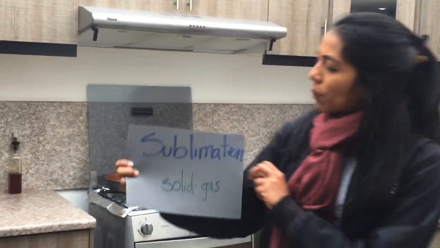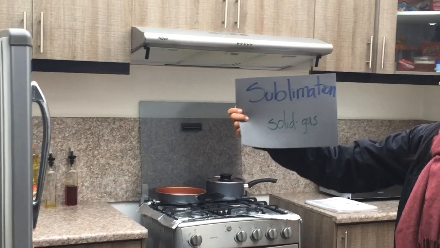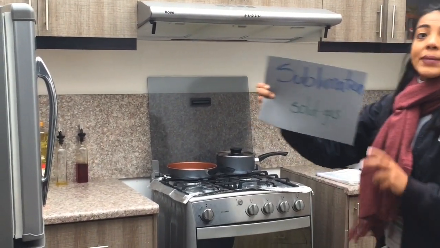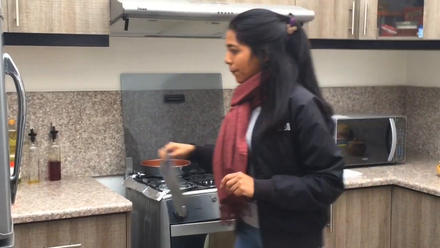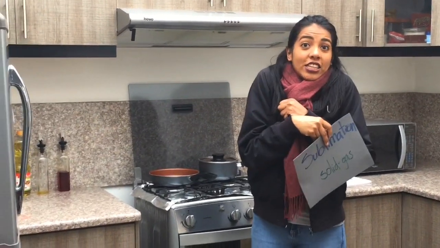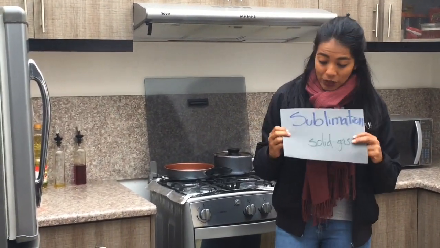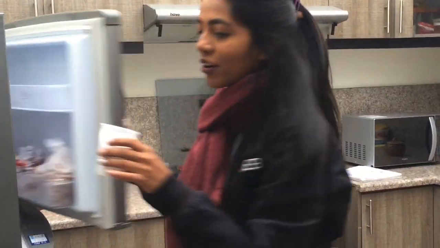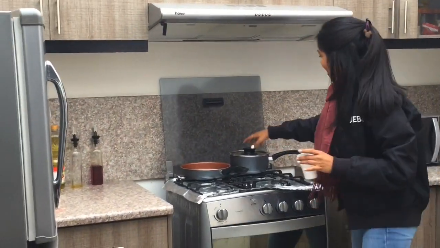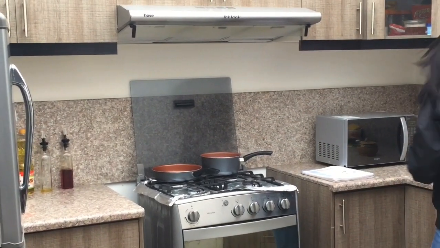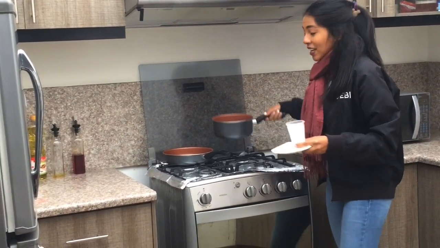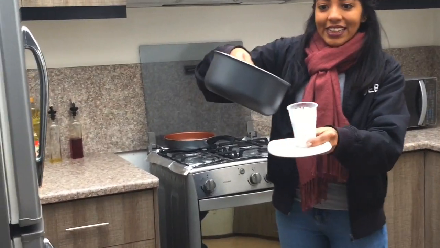And finally, we are going to study sublimation. Sublimation is when matter goes from solid to gas because of an increase of the temperature. We are going to have something hot in something cold, and it's going to go from solid to gas. In order to do that, I brought in here dry ice, and I have in here this water that was hot, remember? So, if I put this hot water in this dry ice,